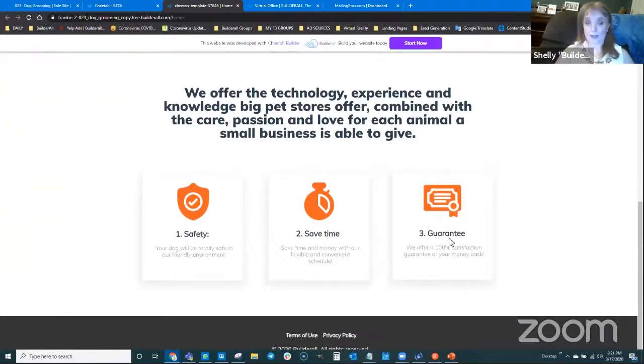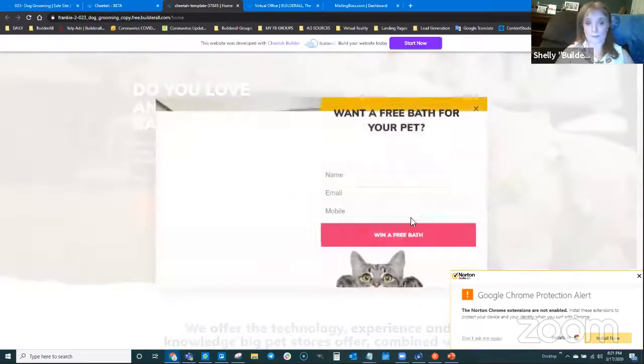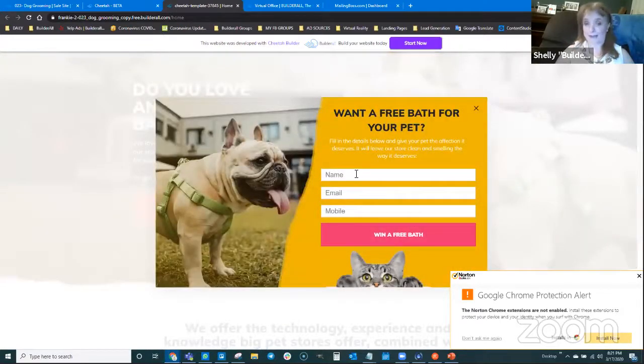Here's some more information about Frankie's dog grooming business. And it looks like I really like it. So I'm going to click, I want a free pet bath for my pet. They'll fill out the information. It's going to add them to Frankie's email list. And then that person, Darla, will get an email that says, now you can get your free pet bath. Just print this out and bring it in, and you'll get your free pet bath.